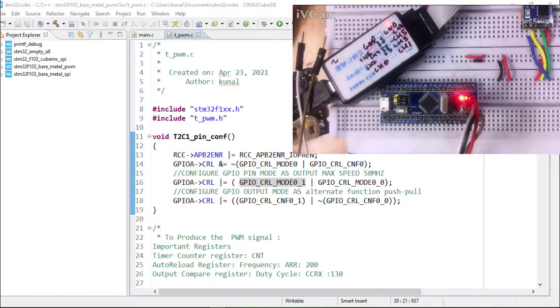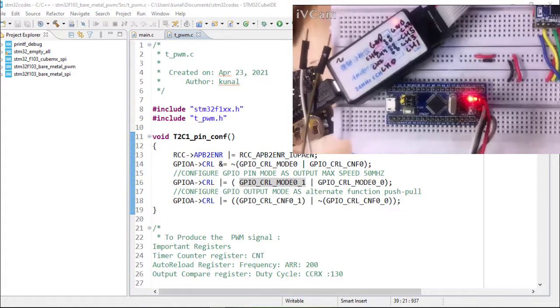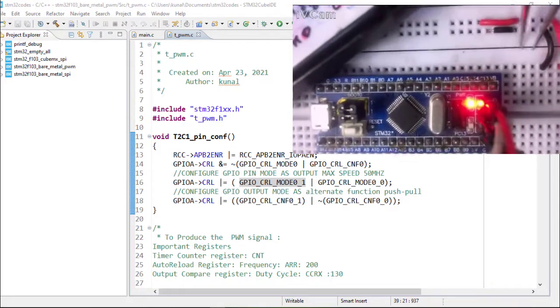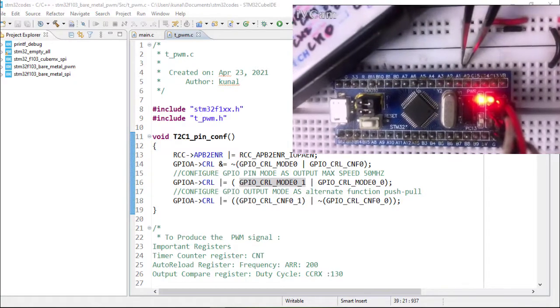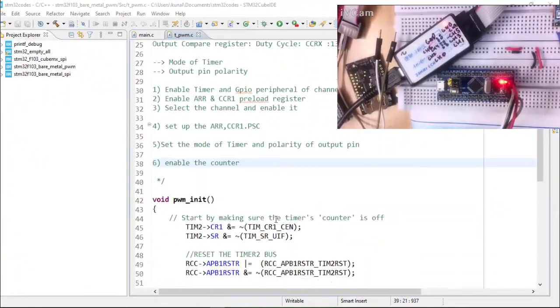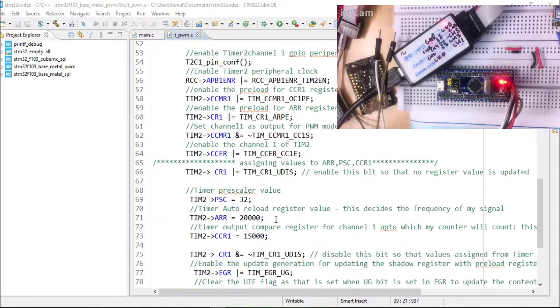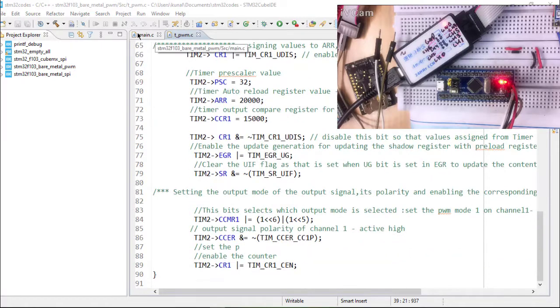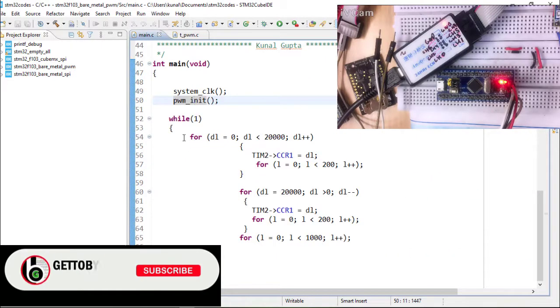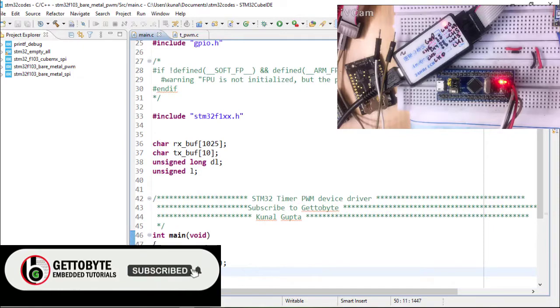So first thing to do is to upload the PWM code into your host microcontroller. Here my microcontroller is the STM32F103 blue pill, in which I have configured PA0 as my PWM output pin for this demonstration. I have configured the PWM signal settings to generate the PWM signal at 50 Hz frequency, and the duty cycle will be varying from 0% to 100%,